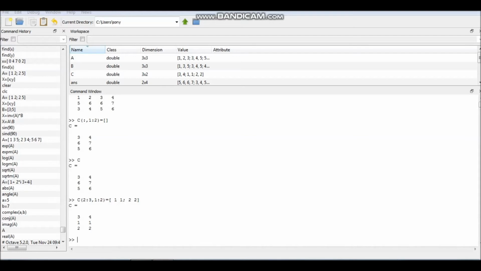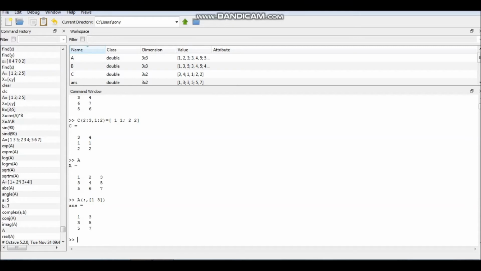For example, if I take a matrix A, as we have already written, and you want to delete the first column and third column, then the command is A, then all the rows, which is the colon, and first column means 1. You have to write it within a square bracket. If the columns or rows are not in continuation, then that particular position number you have to write within the square bracket.